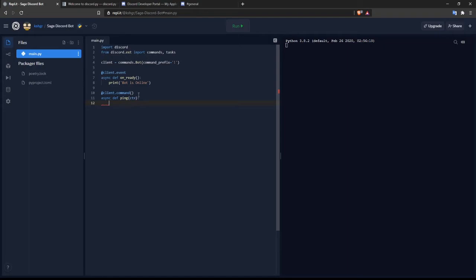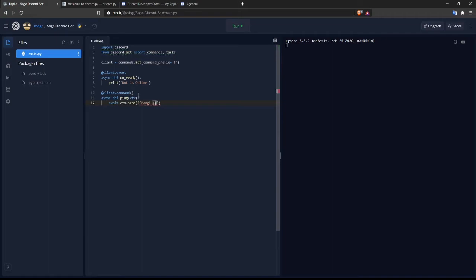We'll create this command. What I want this command to return is the latency of the client. So for that I'll write await ctx.send, and now I'll create an f-string over here. In this, first of all, I'll write pong.